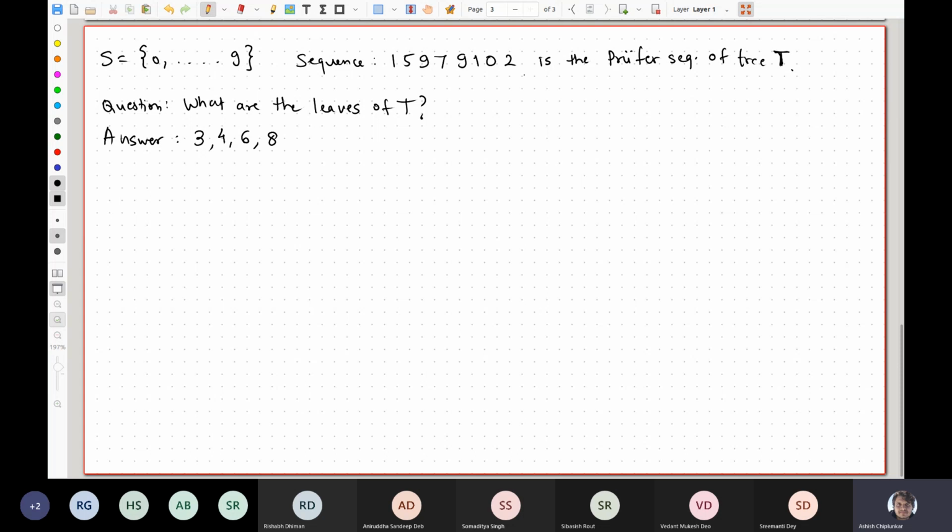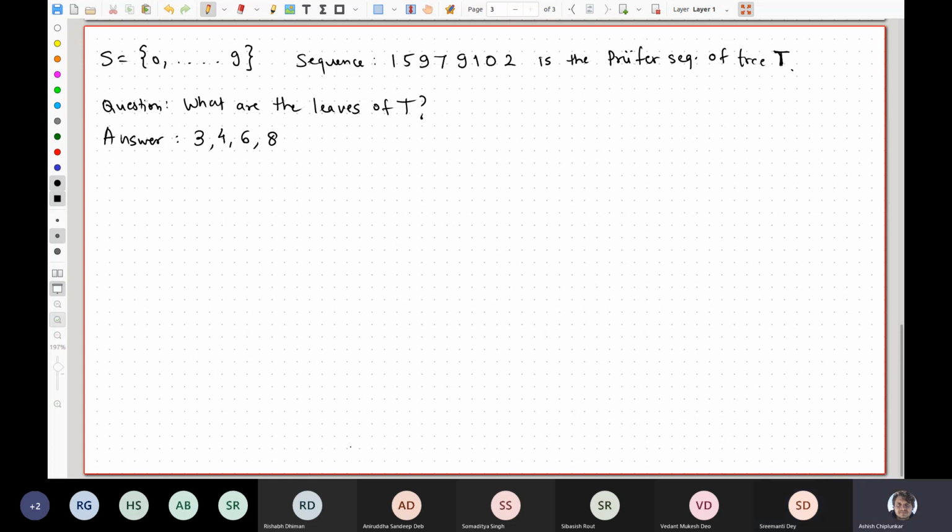Okay, so we were trying to do that, and in that attempt we asked the question, what are the interesting properties that are revealed by this Prüfer sequence immediately? In particular, if this is the Prüfer sequence of some tree T, what are the leaves of T? Shrimanti, you had a question, could you ask that now? Yes, sir. I was saying that we know that leaf nodes cannot occur in the Prüfer sequence, but if there is a non-leaf node, how can we ensure that there are no non-leaf nodes among this 3, 4, 6, 8?